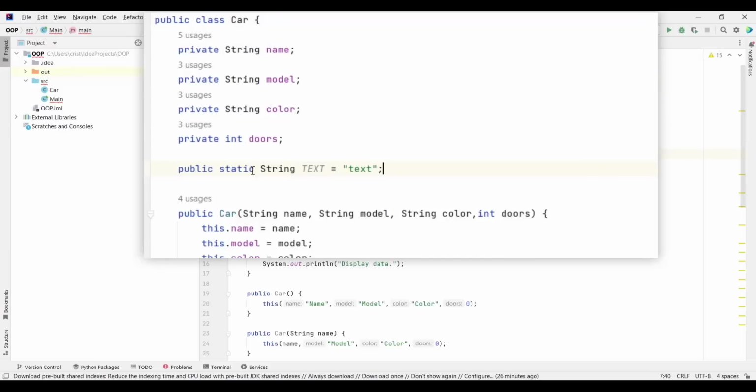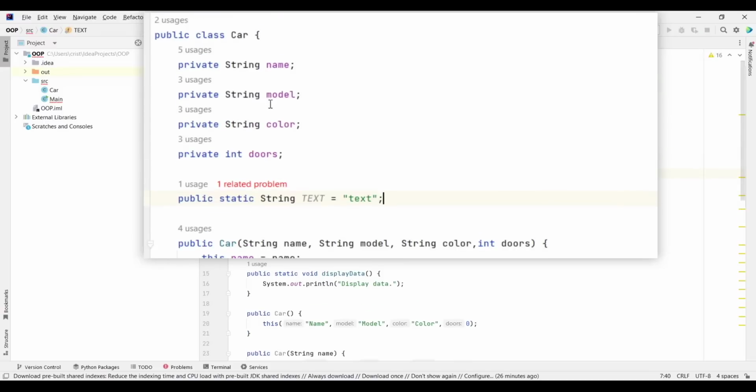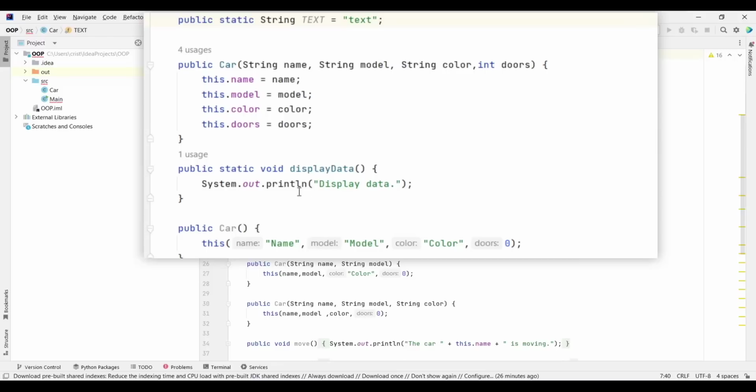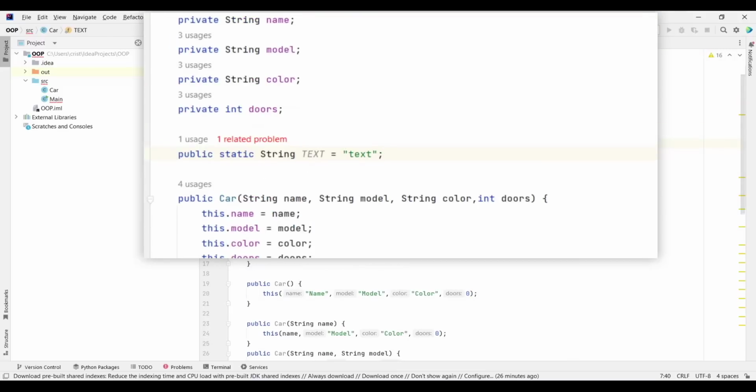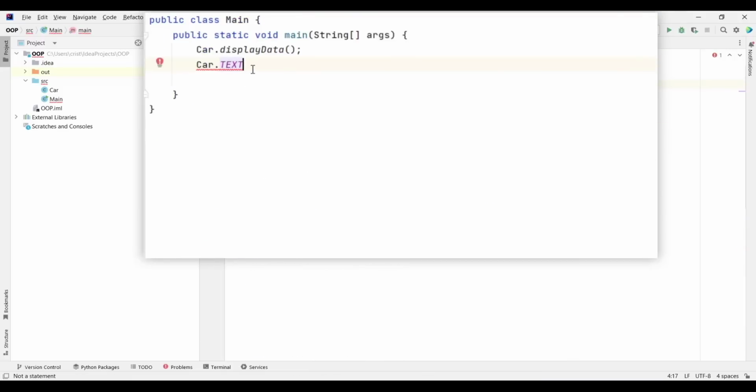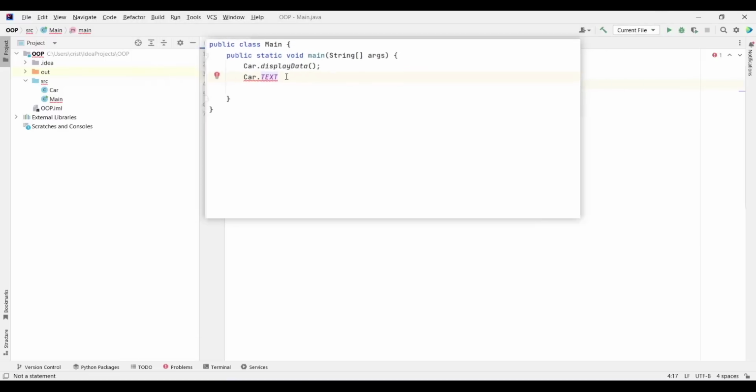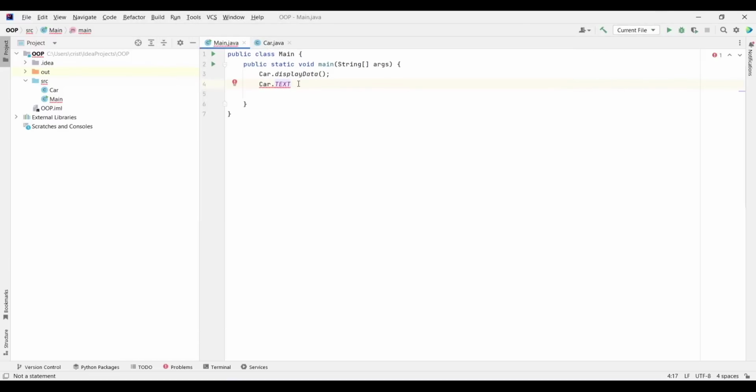And those which don't have the static keyword are called instance variables and instance methods. So this is how you can use the static keyword. And as a scenario where you can use it, let's say that you want to have some constants. So you can create a class, define your constants in that class using the static keyword, and then you call the class and the constants that you want to use.